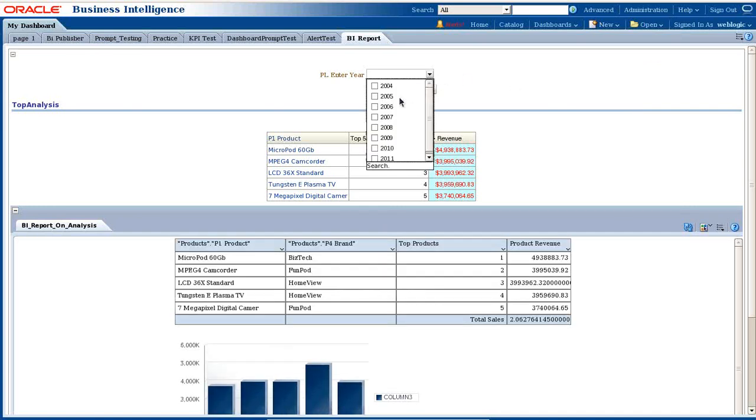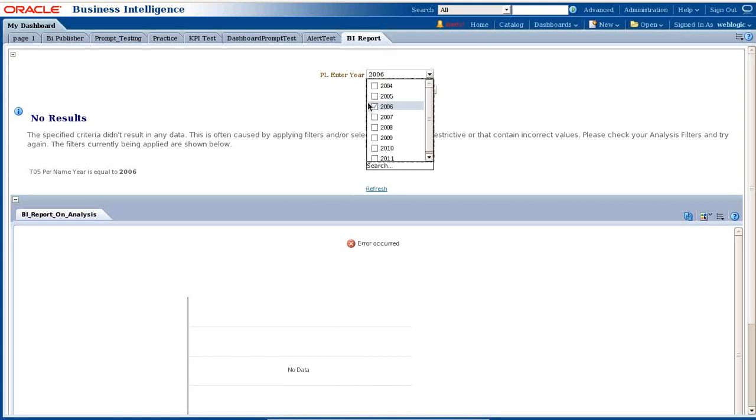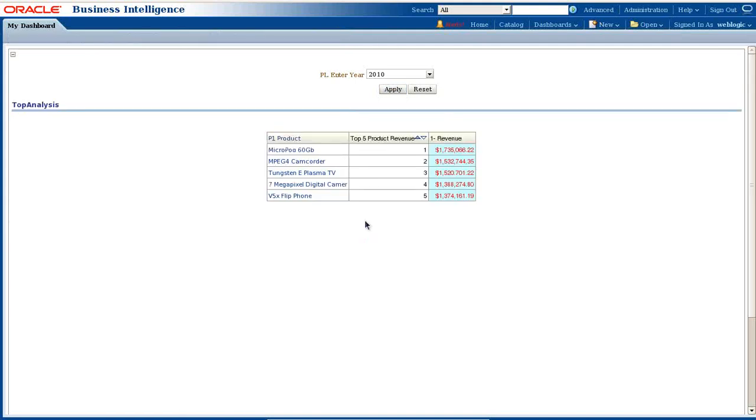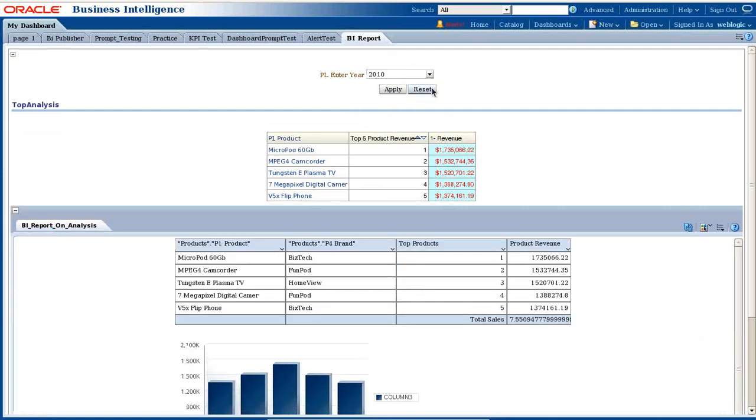So whatever year you select, you see your value should change. Check the value, apply. There is no data for the given year, and therefore no data in my BI analysis. I change to 2010, apply. I got the data for 2010. See, I'm passing value from my parameter. It in turn modifies my answer